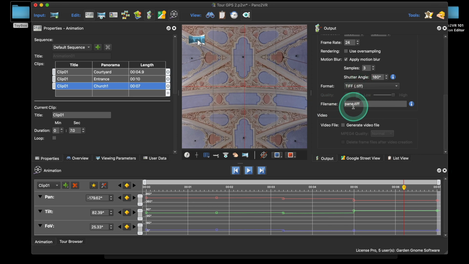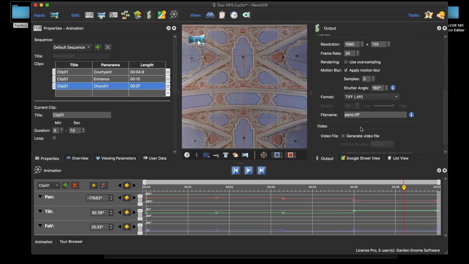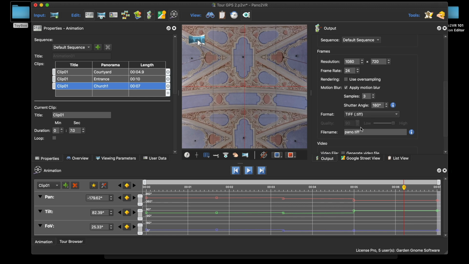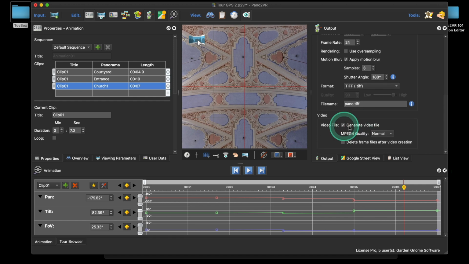And also the file name. I know it's saying Pano2VR here, but when it's finished, it will create pano.mpeg4. That's if you're going to produce a video output. All right, so these are the frames. Now, Pano2VR gives you the option to generate the video file or not. The reason for this is that you may want Pano2VR to generate all your frames for you, and then you use those frames in a different application, as an example. But of course, it's better if you select generate video, and Pano2VR will then use FFmpeg to